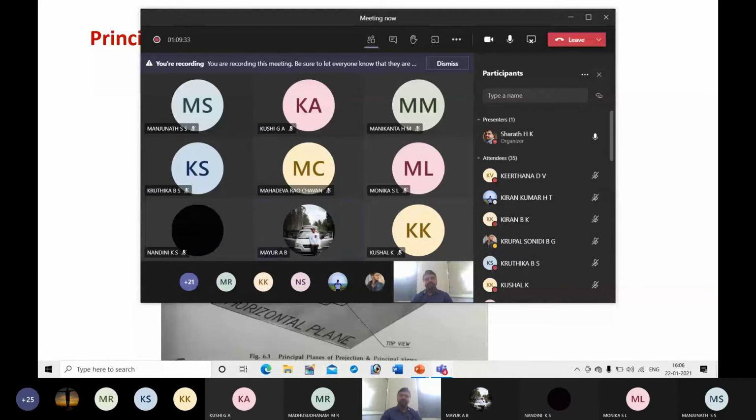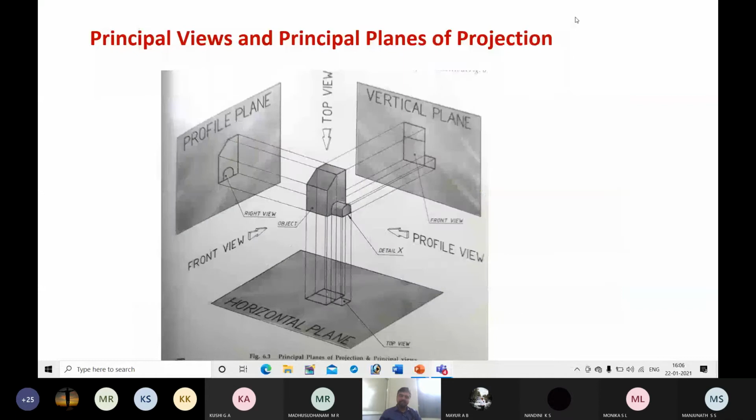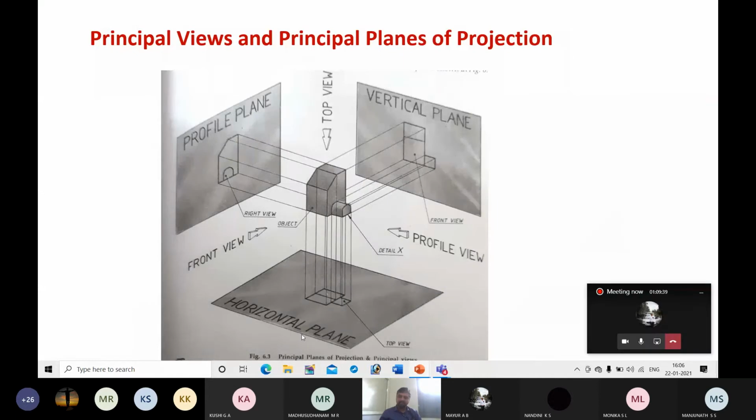That means what we can understand by this is that the orientation of the horizontal plane is horizontal. That means it is parallel to the ground, whereas the orientation of the vertical and profile planes is vertical itself. The vertical plane will be perpendicular to the horizontal plane.